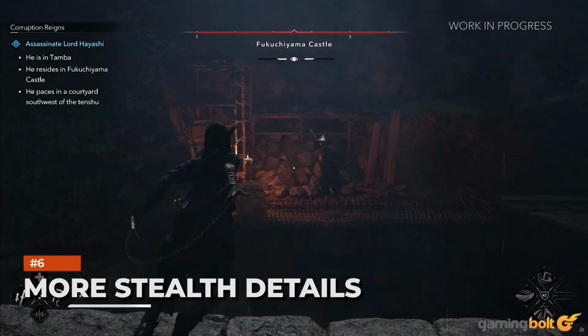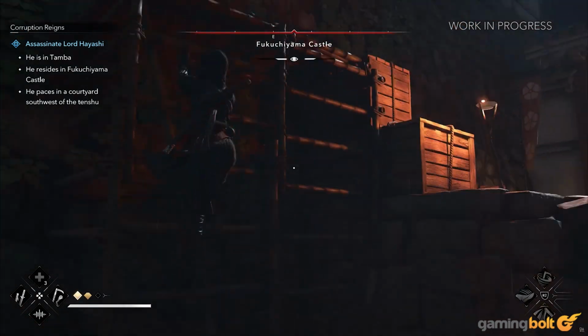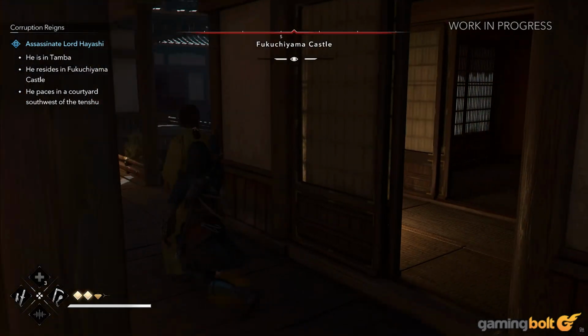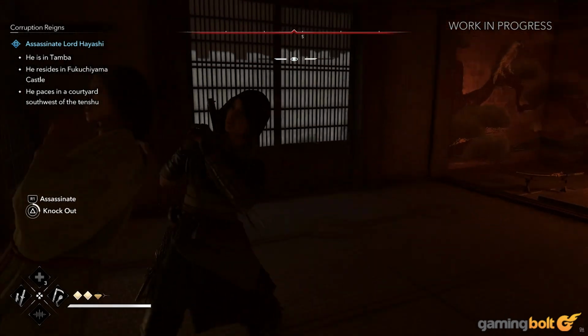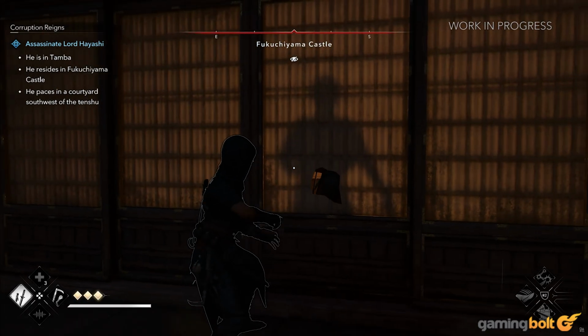Through different options across weapons, gear, and abilities, players are going to have a number of different stealth abilities at their disposal. In fact, each weapon you have equipped will determine what type of assassination opportunities are available. Some weapons, for instance, will allow you to put your enemies to sleep until they're woken up by their allies. Among other stealth abilities, players will also be able to quietly stab enemies through shoji doors, again similar to Ghost